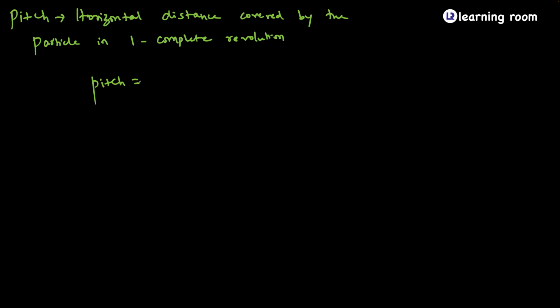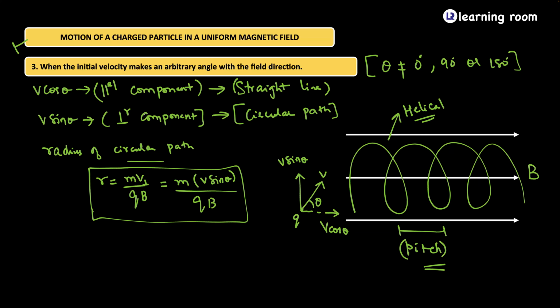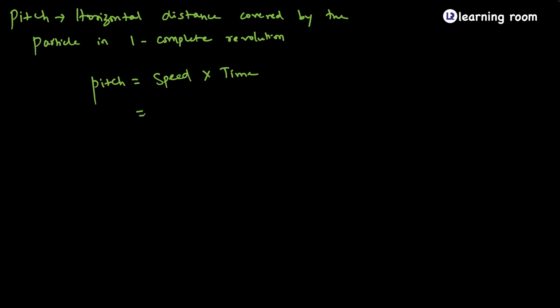Pitch is the distance. So what is the formula for distance? Distance is equal to speed into time. So how much? What is the speed that is contributing to the pitch? Which component among both is contributing to the pitch? It is V cos theta. Right? It is going to be V cos theta multiplied with how much time is it taking to complete that revolution? One complete revolution is completed in how much time? One time period